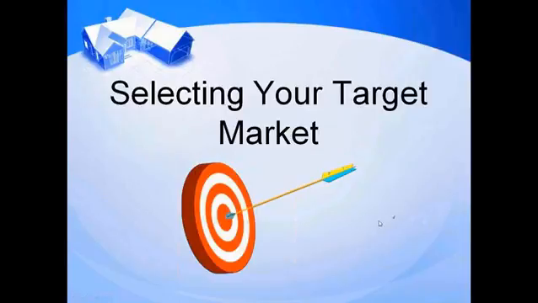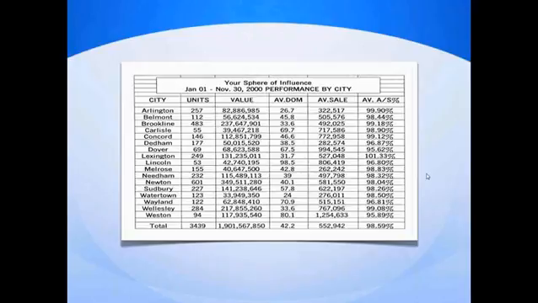So here's a good example of how I use statistics that are provided by IMS to look at all the different marketplaces. Now, this isn't my market, but just to give you an example, I'm not even sure where this is, but you can see all the different cities or neighborhoods, and you can see the number of units sold, you can see the value, you can see the average days on the market, and you can see the average sales price. So if you have this information, you could make good use of it because you could decide, okay, what is the best target market for me to choose?